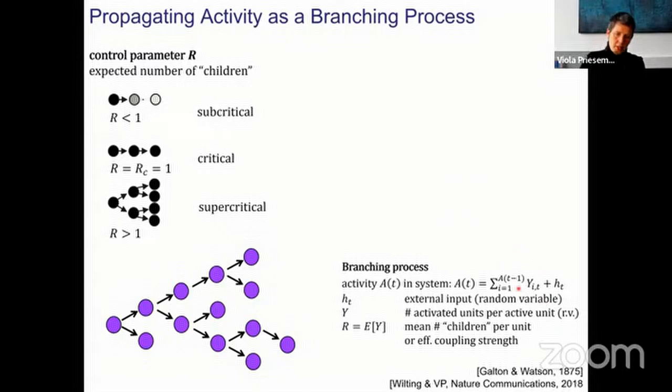What matters mainly for the stability of the spread is not necessarily the distribution of the number of infected people, but what really determines the stability or instability of the spread is the expected value of your random number. So how many persons are infected on average by a single infected person? And that is what we all now know as the R value. If the R value is smaller than 1, we are in a subcritical regime. Case numbers would decline exponentially. If R is larger than 1, we are in a supercritical regime. Case numbers would grow exponentially. And the critical state separates the two.